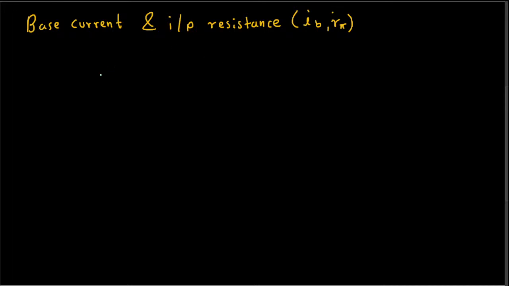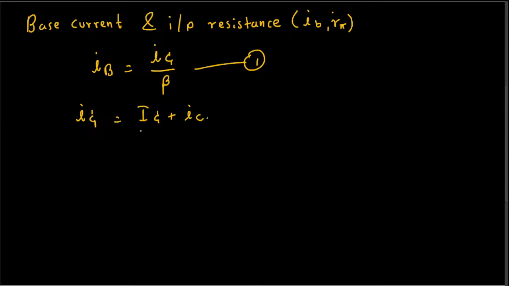Currents, and the base current, if you remember the equation for the base current, the total base current is equal to the total collector current divided by beta. Let's call this one equation number 1. And the total collector current is equal to the DC part of it and the AC part of it, DC current plus the AC current. And from this one we can say that therefore the total collector current is equal to IC, that's the DC